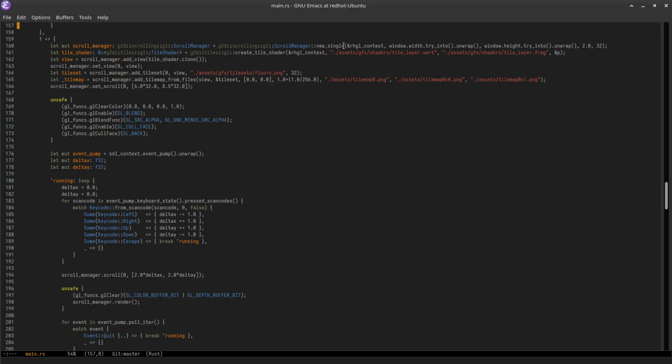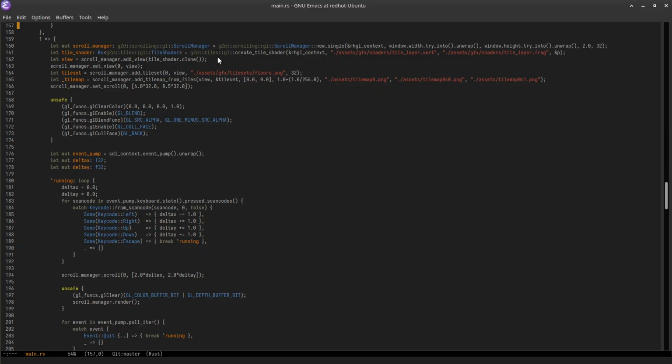We also have one for quad. I'll probably merge that to one where you get to specify the grid and it figures that out for you. But for now, we just have these two hard-coded ones. So new scroll manager with a single viewport, please. With this context, this width, this height, this scaling, and this default tile size once again, same as the tile